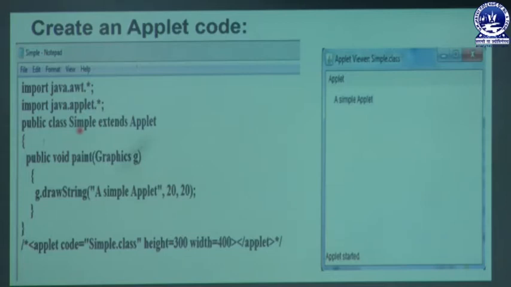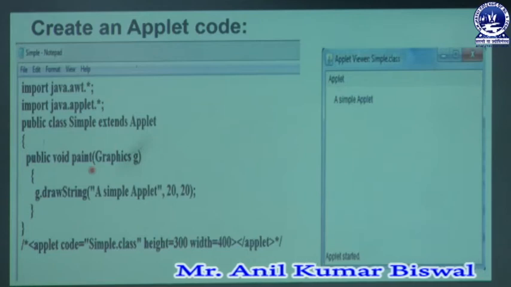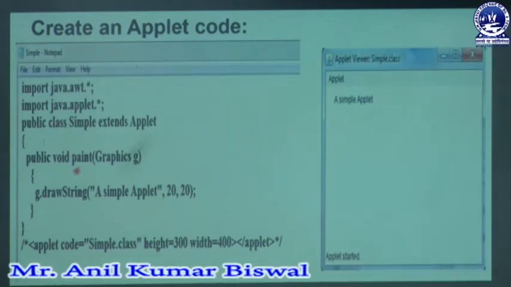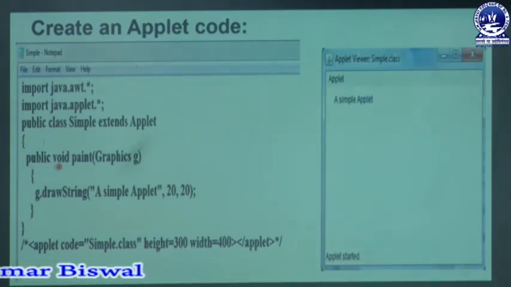Inside that class, the user must write the paint method. We know that the paint method is essential in our applet code. Without the paint method, the user cannot do anything else. With the help of the paint method, the user can do their tasks in it. That's why the paint method is declared like public space void space paint, with paint in small case, and it belongs to the AWT package, otherwise called the abstract window toolkit package.